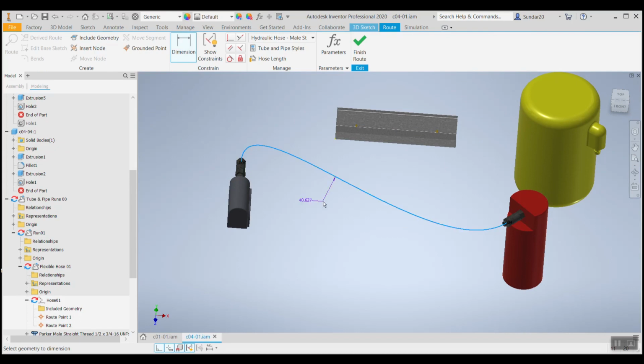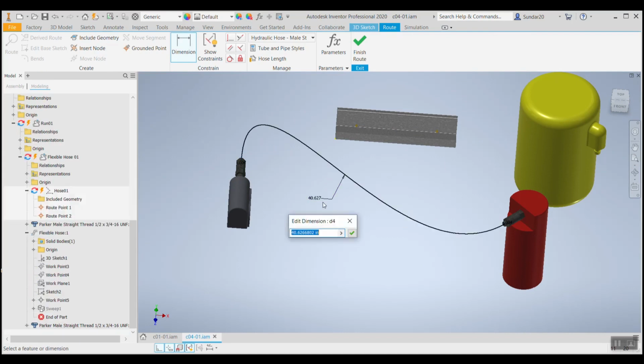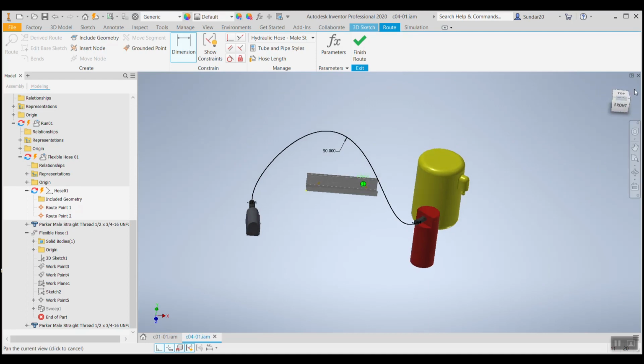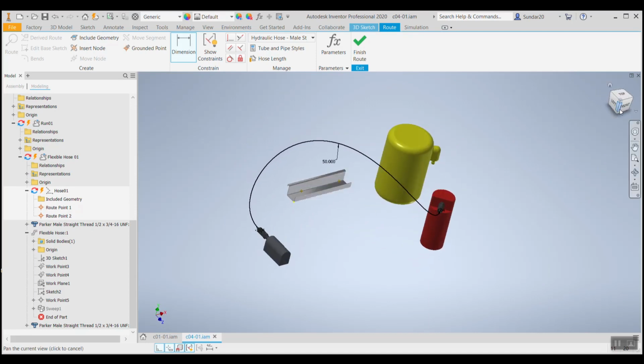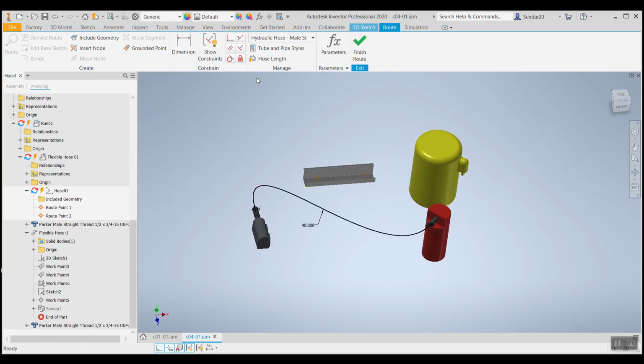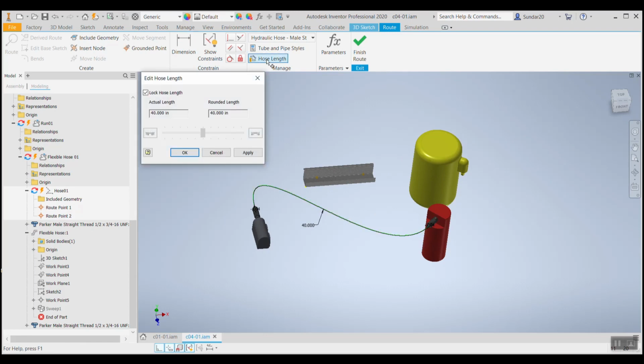So this is 40. In case you change this to 50, what will be the area it is covering? Or if we are going for 40, what will be the area it requires? You can also use your hose length option to do the same.